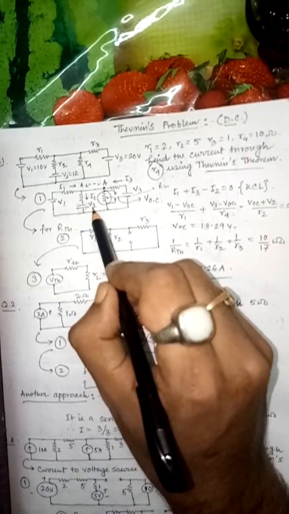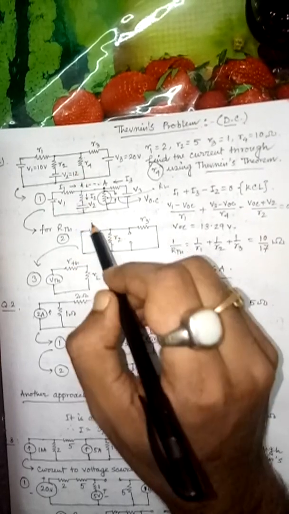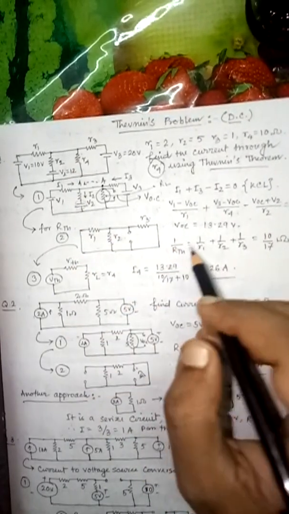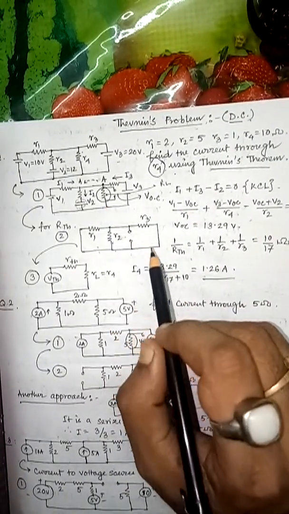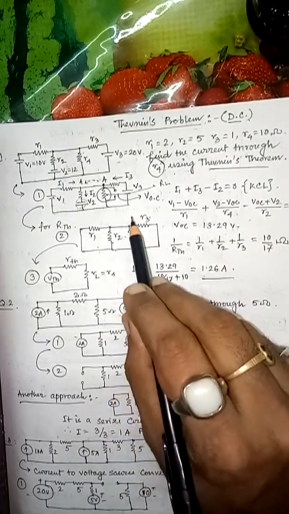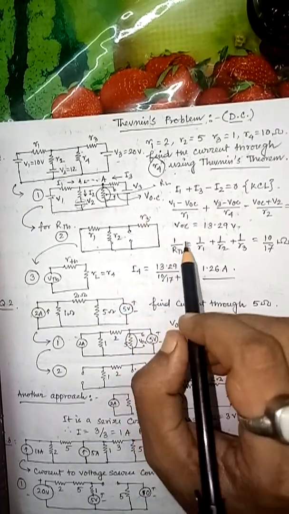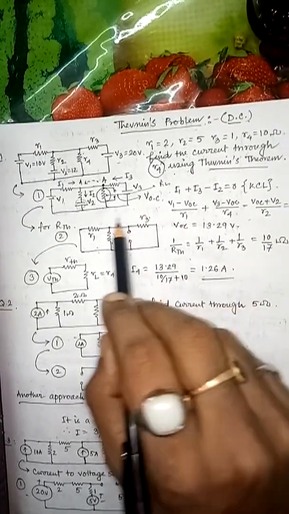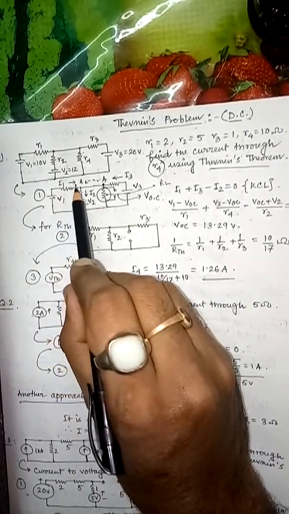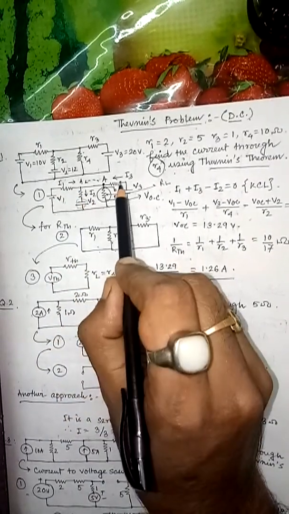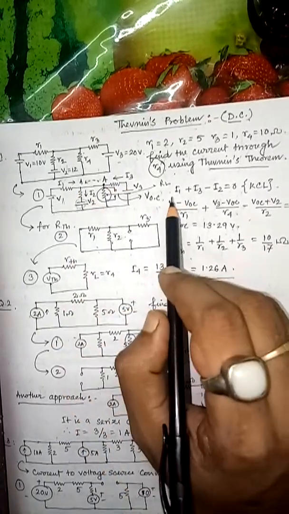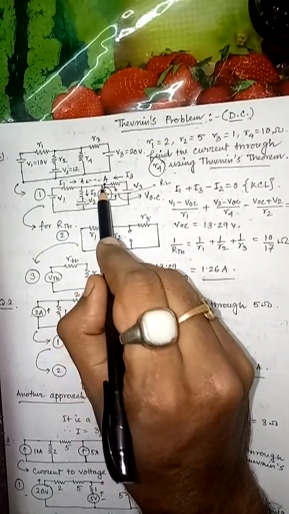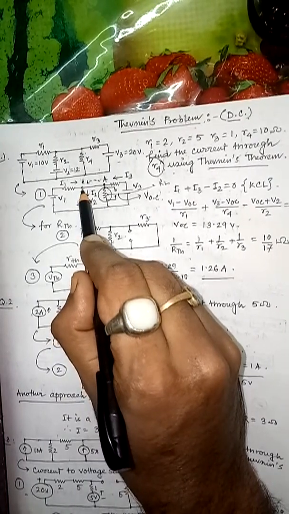I have misinterpreted this. This is V2 already given as V2, so it should be shorted as per. Now here I have to find out that current. First of all, I have to find out the current. Now using KCL, I know that if the branch currents are I1, I2, and I3, we take the summation of these three currents, because this node is shorted, so they are coming into a single node.